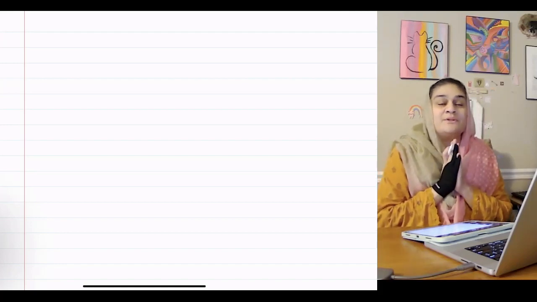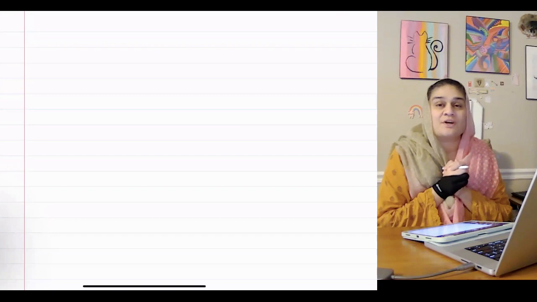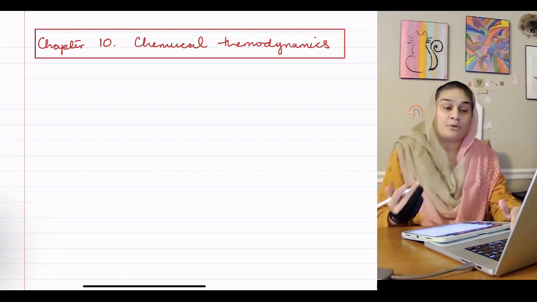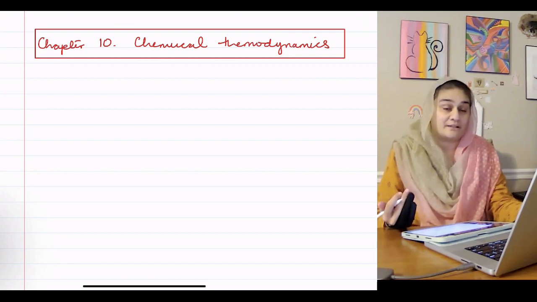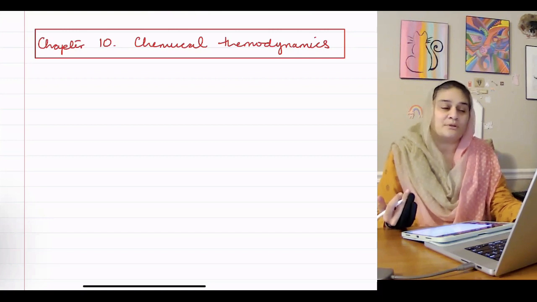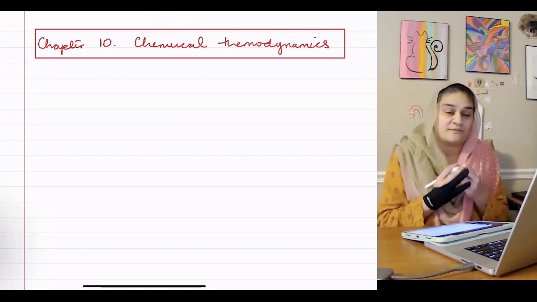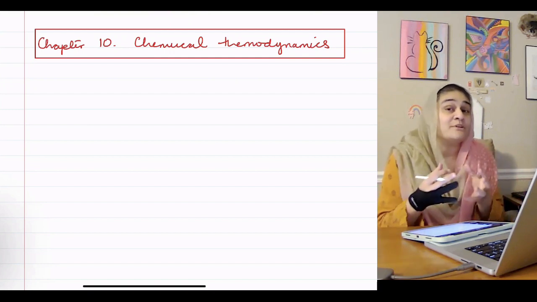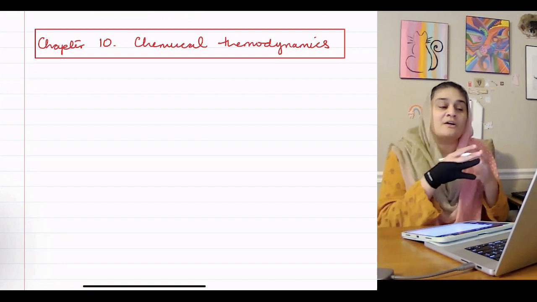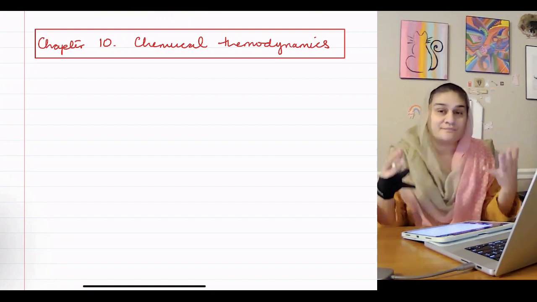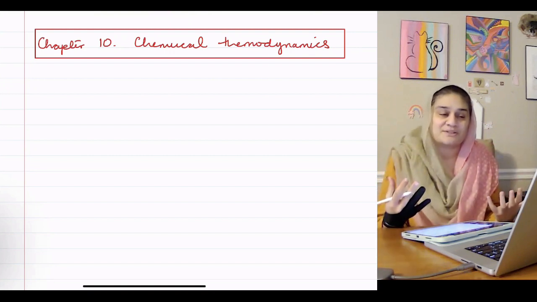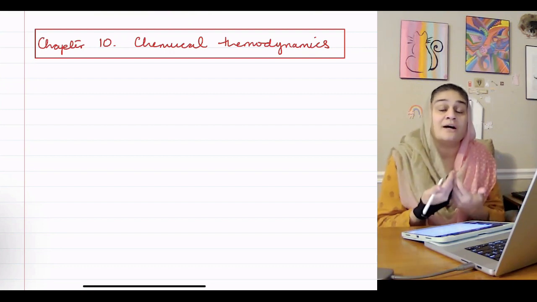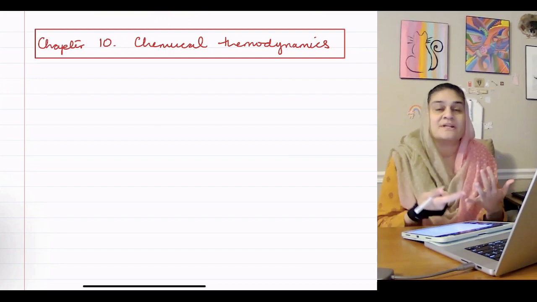Okay, so today we will start talking about Chapter 10, which is on chemical thermodynamics. Now, there are many important thermodynamical processes that are not cyclic in nature. A clear example of such a process that obeys the laws of thermodynamics, but is not cyclic, is a chemical reaction. In chemical reactions, the final state of the system is not the same as the initial state. So clearly, they are not cyclic processes. So in this chapter, we will apply the laws of thermodynamics to non-cyclic processes, like chemical reactions and phase transformations